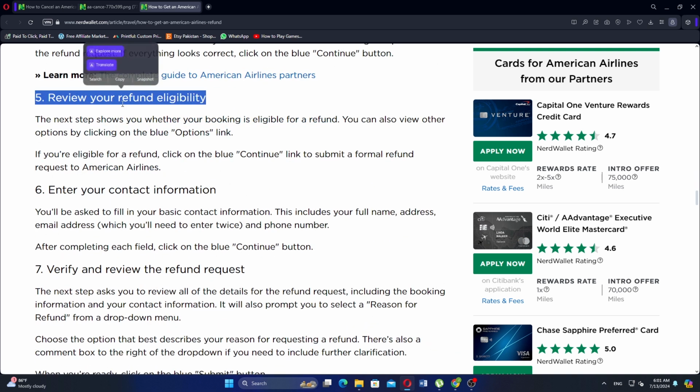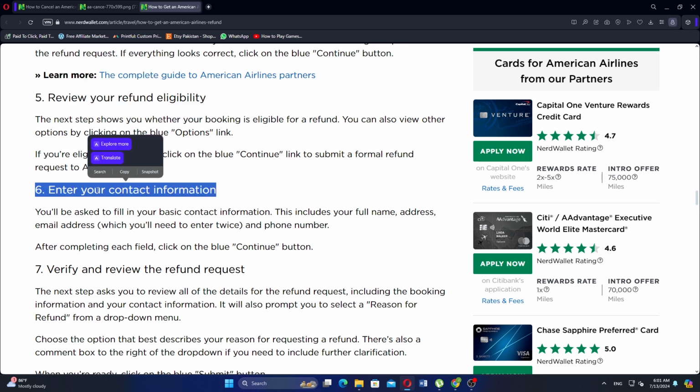The next step shows you whether your booking is eligible for a refund. You can also view other options by clicking on the blue options link. If you are eligible for a refund, click on the blue Continue link to submit a formal refund request to